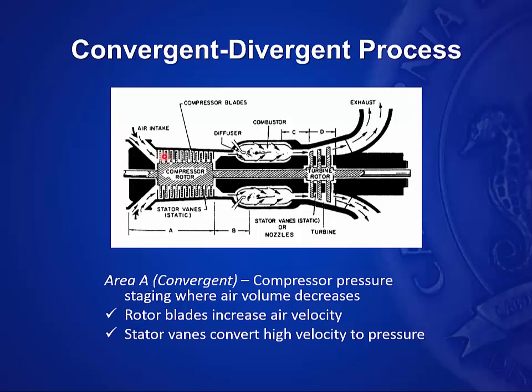vane. The stator vanes themselves are convergent divergent. They have at the beginning, they converge down, cause the air to converge a slight amount, and then expand a slight amount. And that velocity of the air that it was imparted on the rotor blade is now transformed into pressure. They also have a very important function, is that they change the direction of flow to aim the